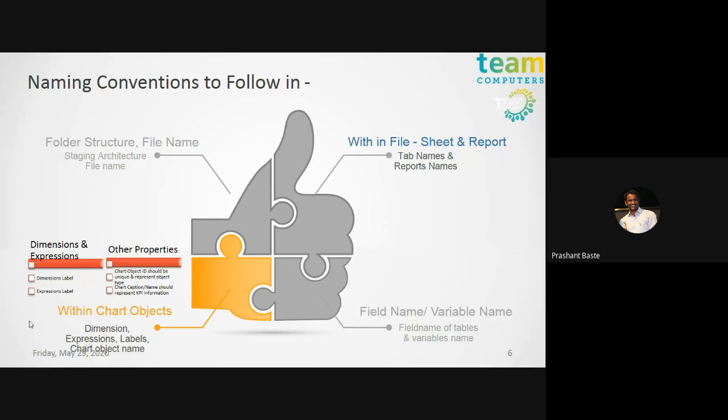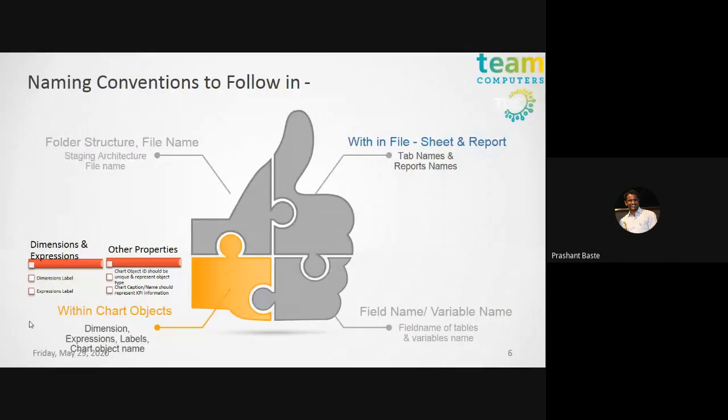Also, there are some other properties like the title or the caption of the particular chart object. Believe me, this is very, very important in your day-to-day life if you have mentioned the proper chart name or chart captions, because in support, customers usually keep asking us queries about one particular KPI. You need not ask them where exactly the issue is. They can directly tell you, okay, my customer detail वाला जो chart object है उसमें issue है, and that issue you need to correct.